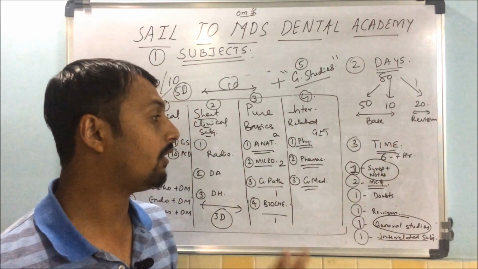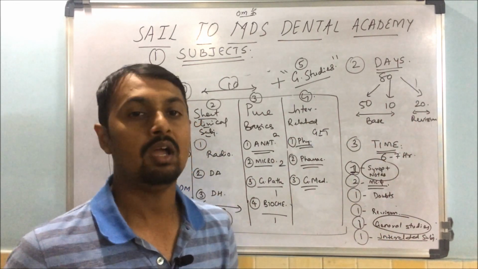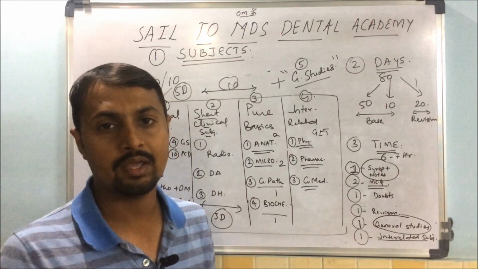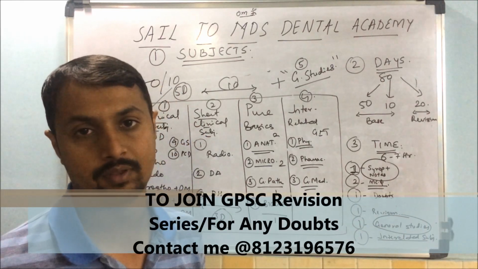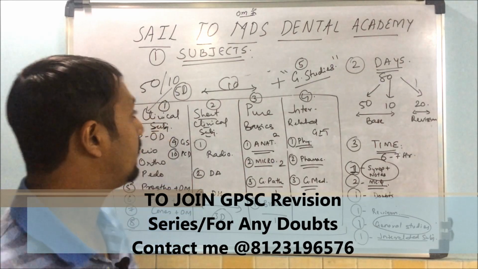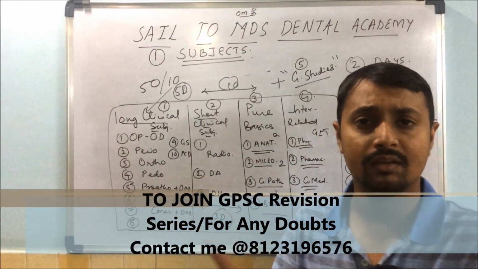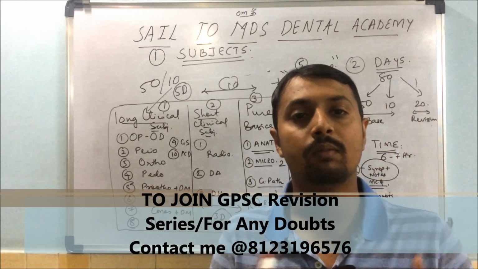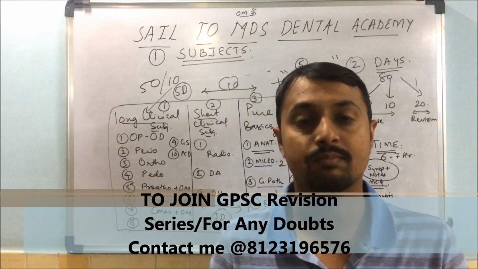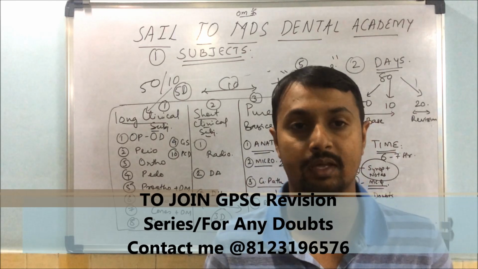So in this way you have to divide your time in 6 to 7 hours. Okay, it can be 1 hour, 2 hours here and there, but you have to divide in this way. So friends, this was the blueprint for your subjects, days and the timetable revision. I am not saying follow the same. You can do a little bit of manipulation as per your convenience, but the blueprint has to be there.